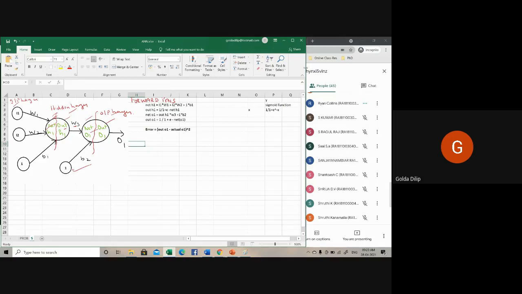So actually, the discussion should start from there: the linearly separable functions, non-linearly separable functions, and the XOR gate and OR gate. What cannot be solved with an XOR gate? Then what should we do? And then come to this. But unfortunately, I cannot. Right now, I'm limiting. Okay, ma'am.